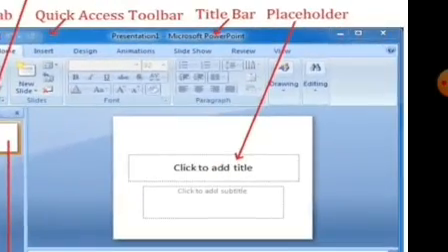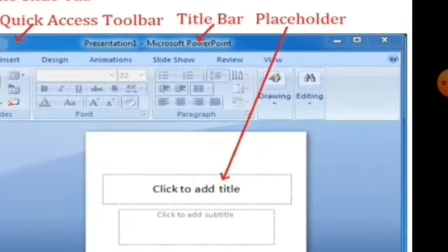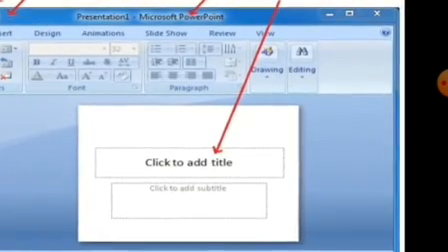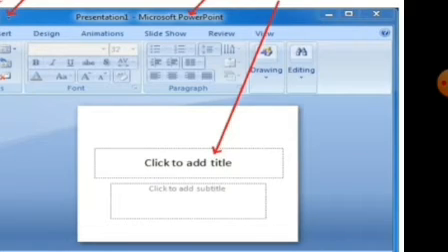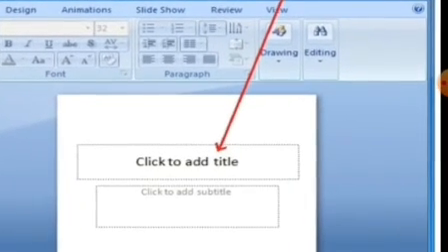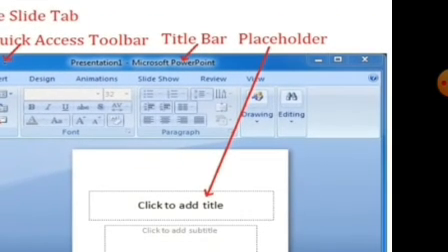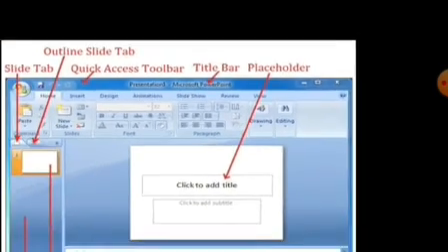And you can see here the placeholder. Okay, this box, or the pair of these two boxes, is called a placeholder. That means here we can add different objects or different graphics like audio, video, okay, pictures. So this is a placeholder, right? The placeholder is located in the work area. Where we work, there our placeholder is already located. We don't have to find it out, we just have to click over this small box.